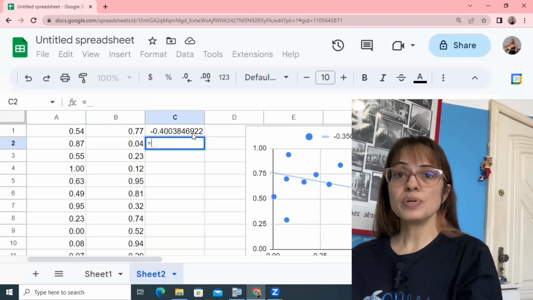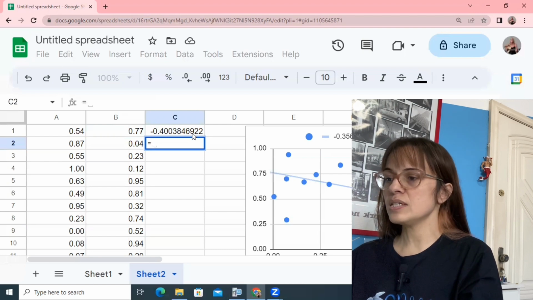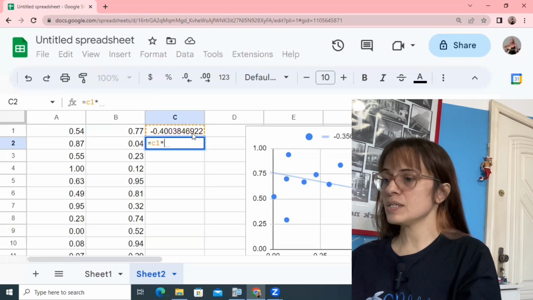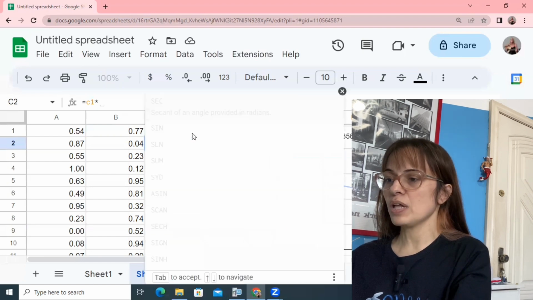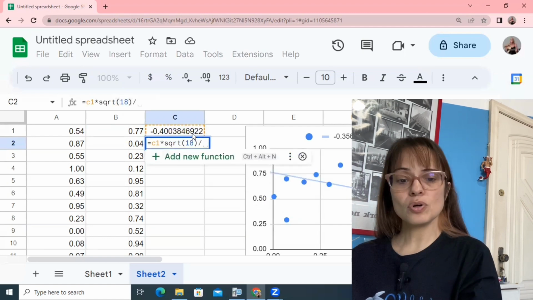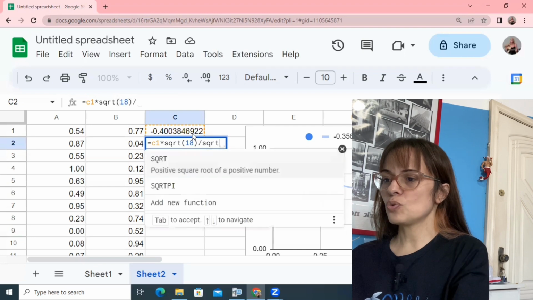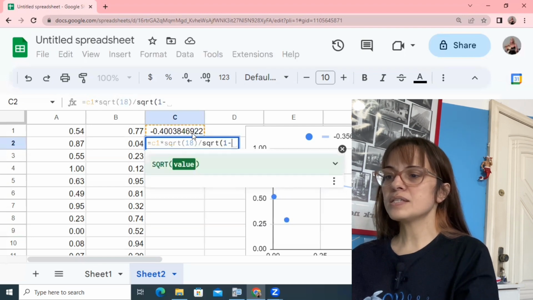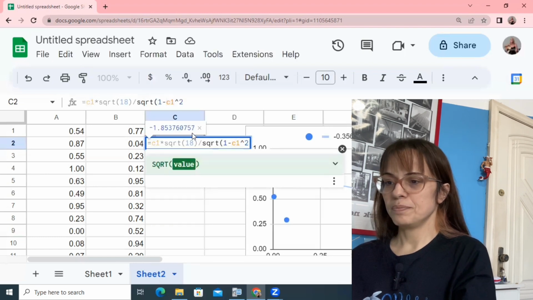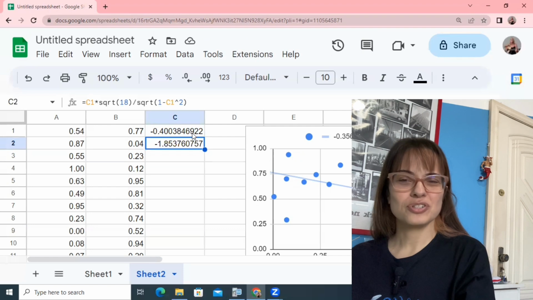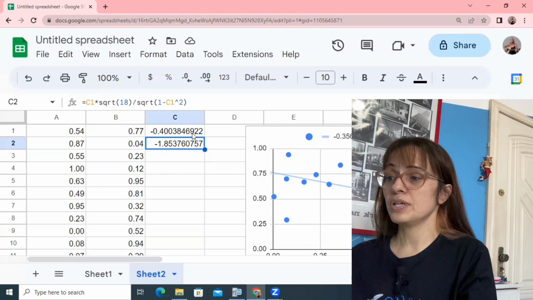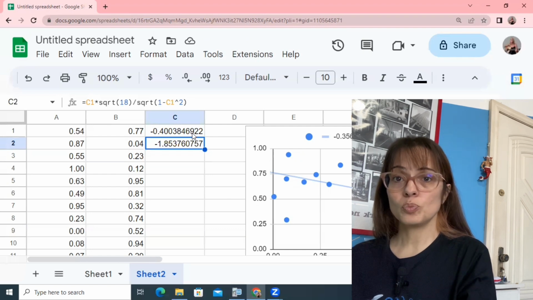Right, so now that we have Pearson's coefficient in cell C1, all that we are going to do is to type this very disappointing formula where we multiply it by the square root of the degrees of freedom, and then we're going to divide that by the square root of 1 minus the Pearson's correlation coefficient squared. I know this is terrible, it's just a formula. But now that we have the result of that formula here in cell C2, what we are going to do with it